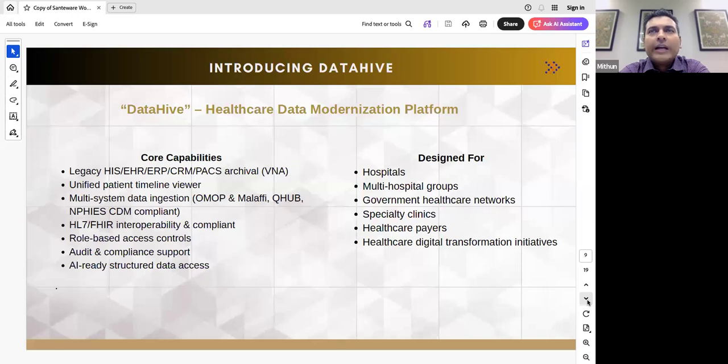You can have discrete data, you can have unstructured data, you can also have data from your ancillary applications like your PACS, your lab systems, your financial applications, all residing in one central data platform. You have a unified patient timeline viewer. Since we are aggregating and normalizing this data and bringing it into this platform, you don't have to spend time or years of effort to unify this. Our proprietary engine immediately cleanses this data and builds the timeline that is readily accessible for the clinicians